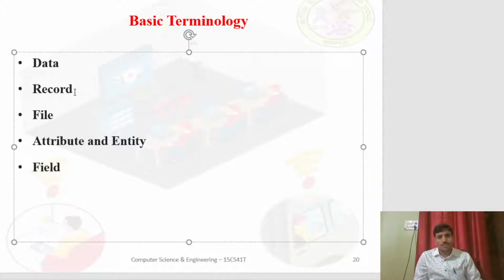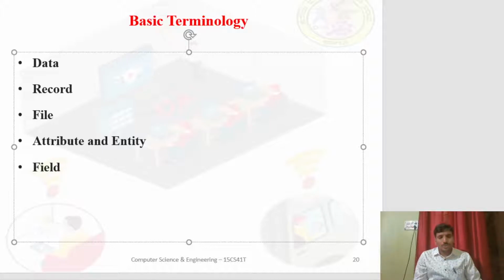So basically we can say one row of information is called a record. Next, coming to file. File is a collection of records. Okay, students, these are related to each other. So I repeat it. Data is a recorded fact and record is a collection of data items and file is a collection of records.